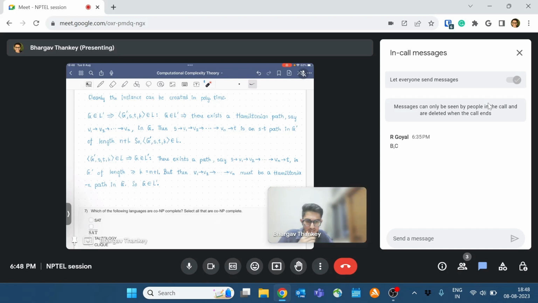I have a doubt here. Here we are reducing Hamiltonian path to the longest path problem. It shows that each and every instance of the Hamiltonian path can be rephrased as an instance of the longest path problem. And this reduction is a one-way reduction, and therefore we need not show that if we have an instance of